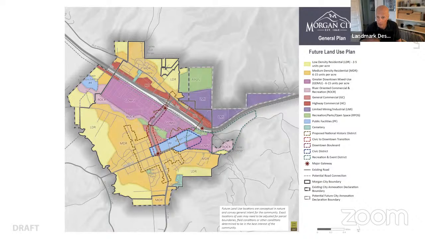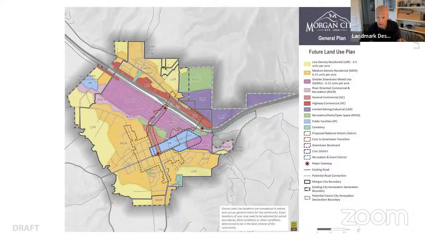We also have these overlay areas that are on top of the base colors of the land use, focusing on different aspects of the community. A proposed historic district in the core, an area that has a special function, which is to link the civic areas of the schools and the city center to the downtown district itself. And then a boulevard to connect that, and boulevard treatments in the core of the